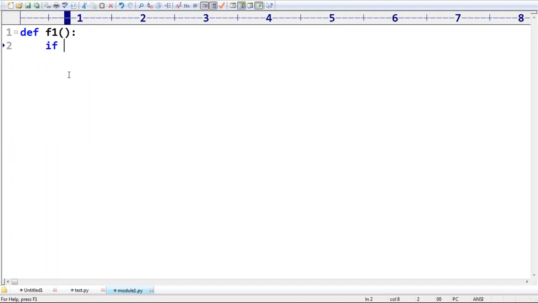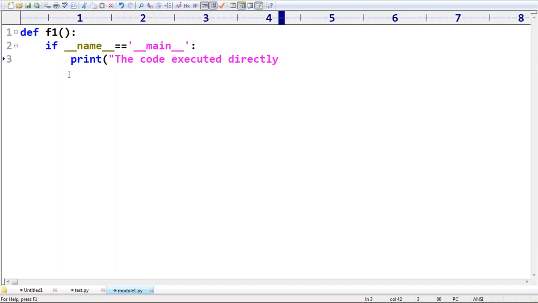If underscore name underscore is equal to underscore main underscore, print the code executed directly as a program.